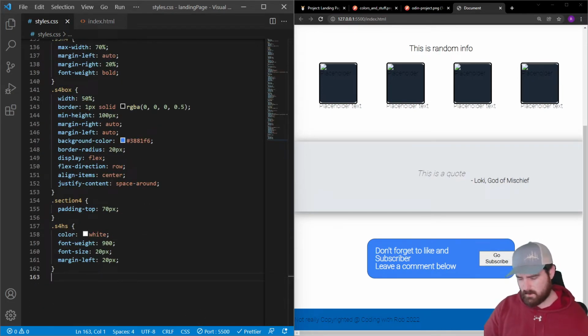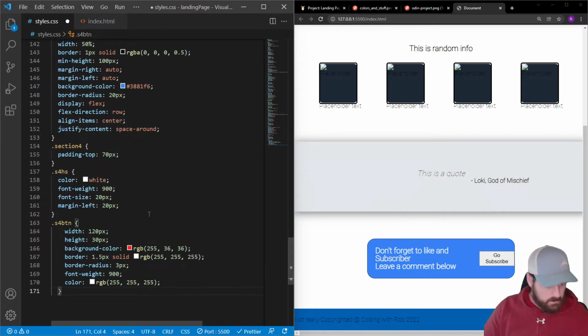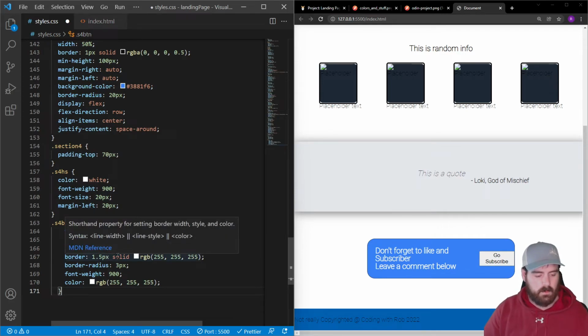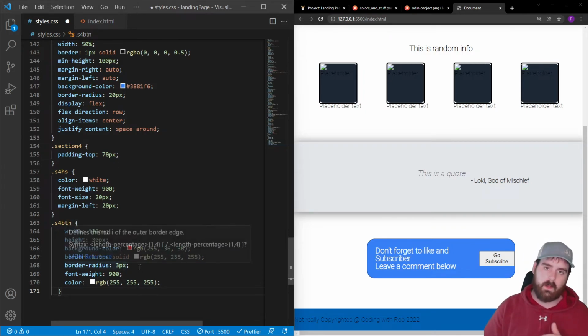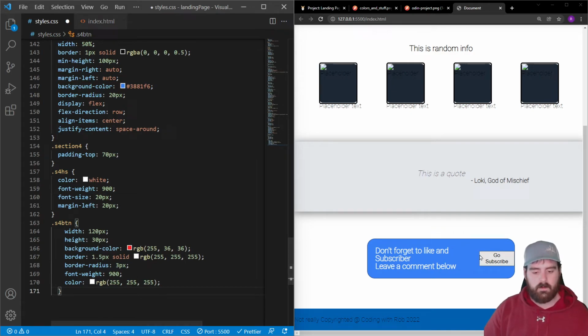Let's start focusing on this button a little bit. That has a class of S4BTN. We're going to set the width of 120 pixels, so we'll make it a little bit more wide. Height of 30 pixels, so it's going to shrink it down a little bit. We're going to set the background color of this reddish color. We're going to set a 1.5 pixel width border around it, solid white. Border radius of 3 pixels, so we're going to round out those corners a little bit. Font weight of bold, very bold, of the text that's in here, and the font color is going to be